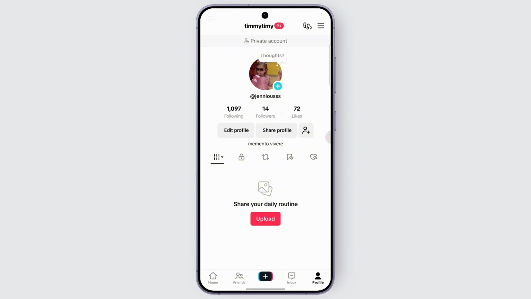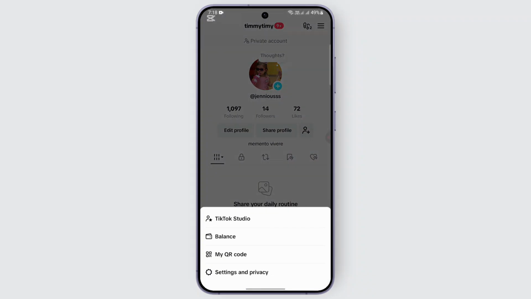So what you need to do next is, at the top right, you should find three horizontal lines. Go ahead and tap on it, and a menu appears. Now, from the given menu, select the first option that says TikTok Studio, tap on it,